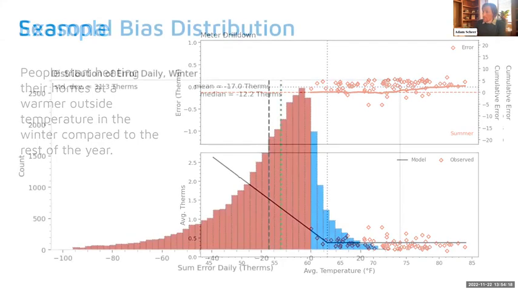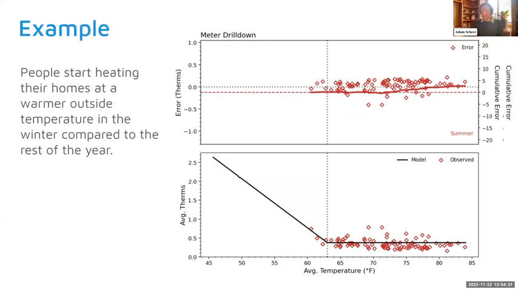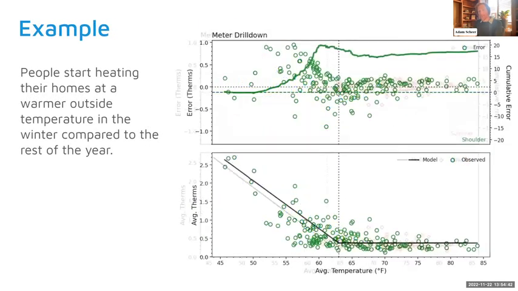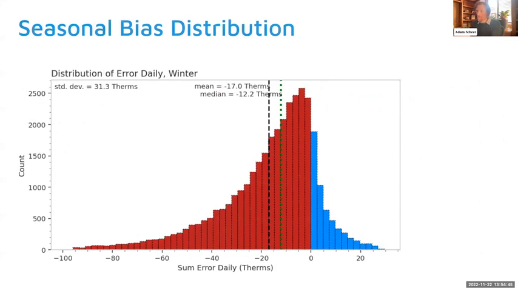All right, so fundamentally, you might ask, is this just something that exists with a handful of meters and all the other meters are just fine? Or is this something that is more systematic? Does this occur with most meters? And so we've looked not only at the aggregated results that I've shown here, and one specific example shown here, but we've also looked at distribution of many thousands of customers. And what I'm showing is the distribution of wintertime bias in the CalTrack daily model for gas.